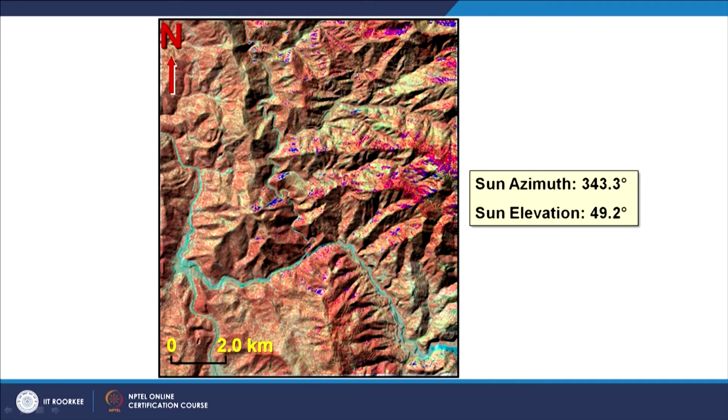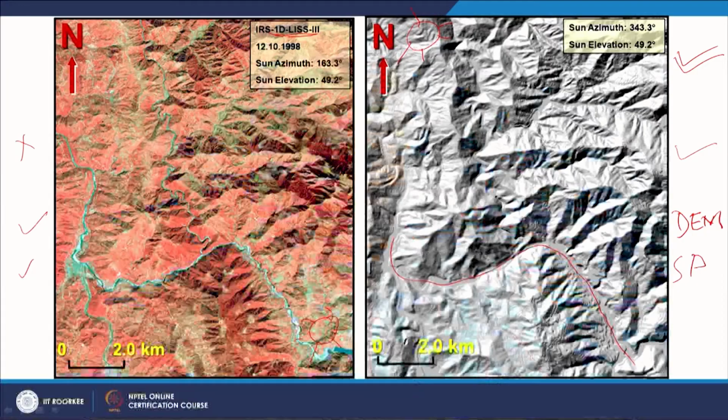So, many problems can also be solved by integrating digital elevation model and satellite images, because using digital elevation models you can create these shaded relief models, or in short we say SRM or hillshade, which can be exploited, because while creating a shaded relief model we can choose where my illumination source is going to be.